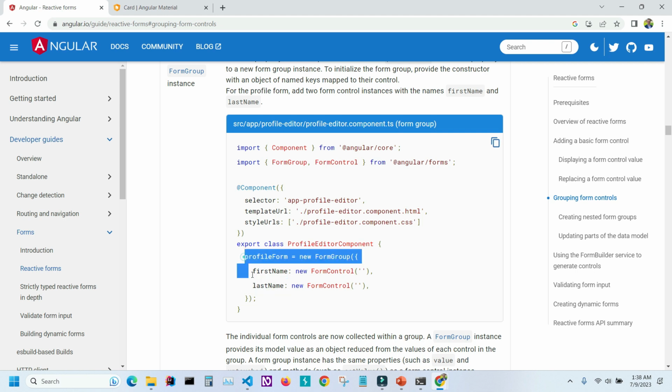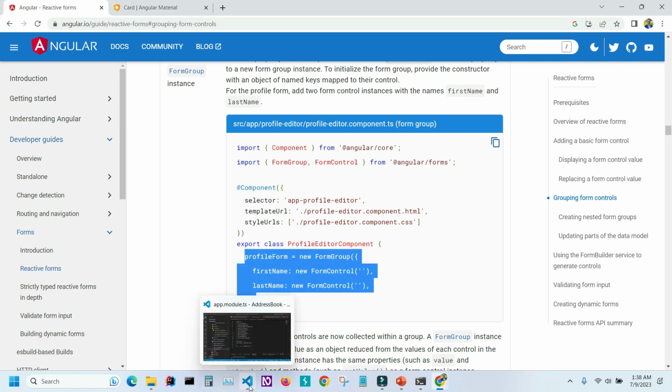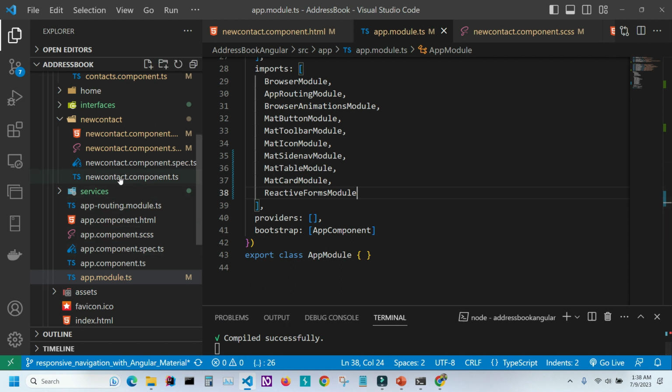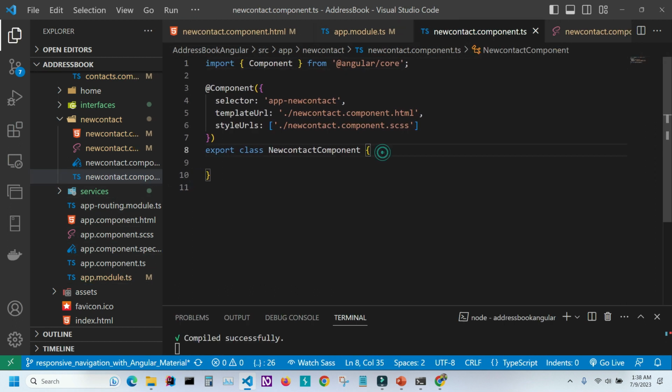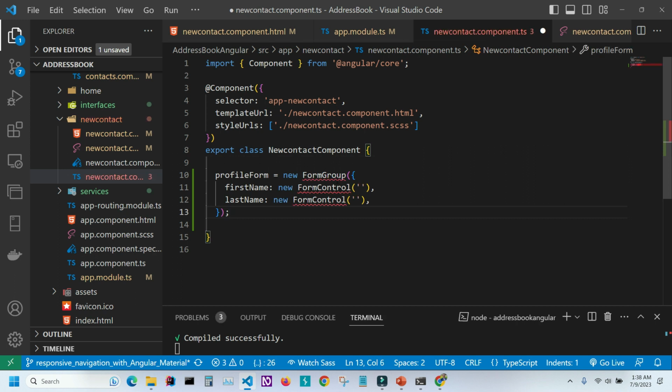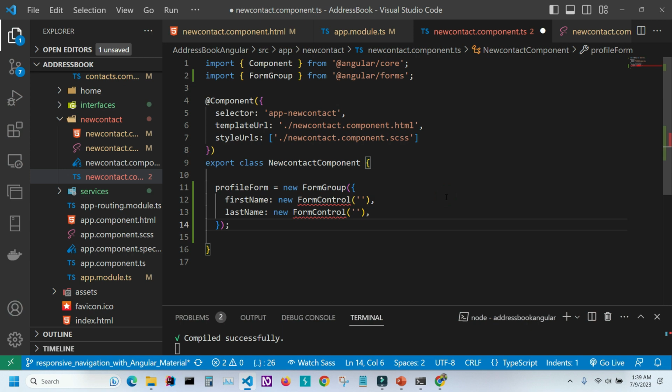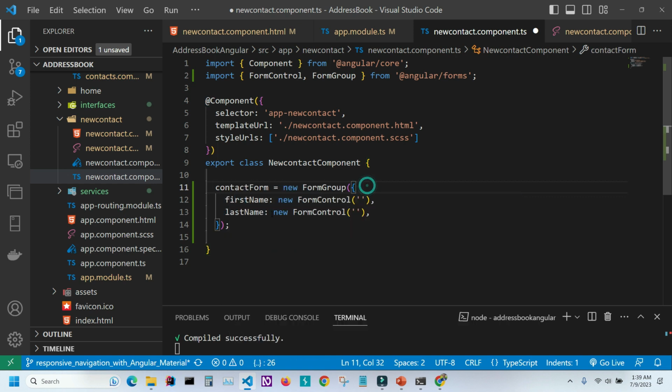Let me copy this, and I'm gonna go back to our application, and I need to go to our TS file, and here I'm gonna paste that code. Now Angular complains, and the reason for that is because we need to have a couple of imports, one for FormGroup and one for FormControl. So now let's rename our profile form to contact form,